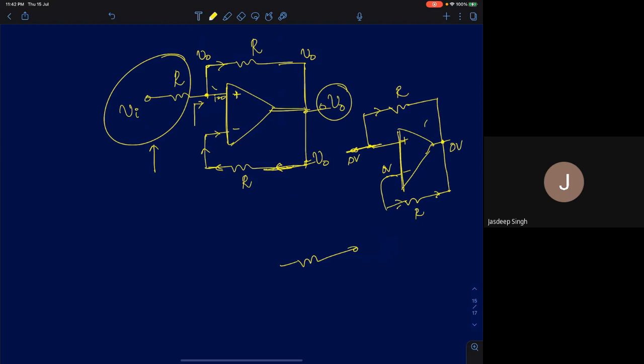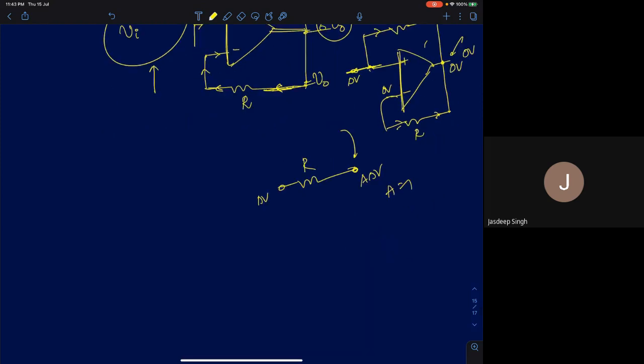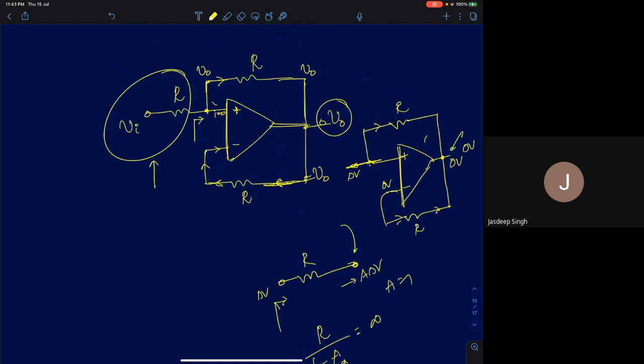I have a resistor between two points and the voltage gain between this point and this point. So this is like a buffer, and the voltage gain is 1. This part, the voltage gain is A times delta V, but A here is 1. Therefore, the looking-in impedance is R upon 1 minus A. If you have a positive gain here, it's 1 minus A, so this term will be infinity if A is 1. That's how you actually see infinite impedance at this point.